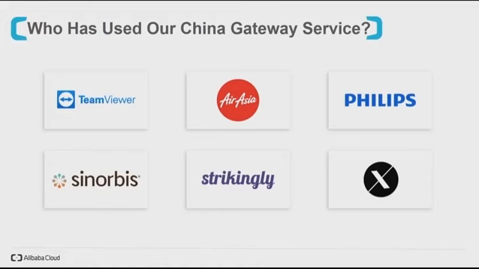The next one is AirAsia. AirAsia uses our CDN service to reduce latency and round trip time for the services they provide to their potential clients in China. They also use our WAF services, based on the database of known hackers and patterns, to block illicit traffic. By using these two services together, they were able to reduce 90% of their traffic, because 90% of that traffic was coming from bots.